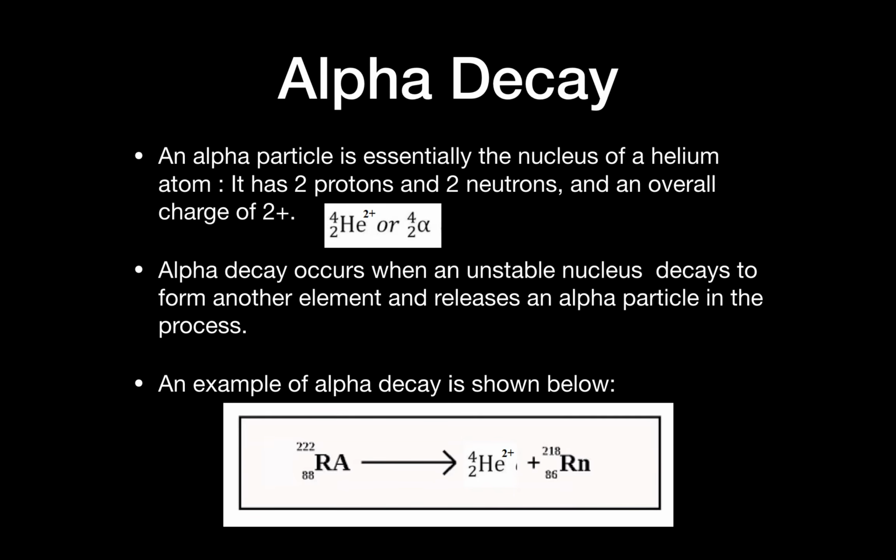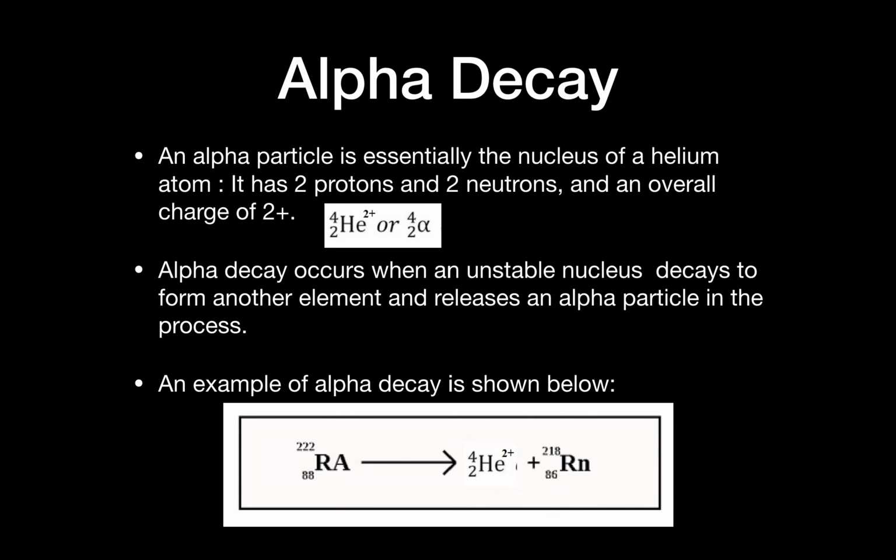Note, quick note that when you use helium as the symbol, you have to put the 2 plus charge. However, when you use the alpha symbol, which is on the right, it is assumed that the particle has a 2 plus charge. And these are both correct ways of representing the alpha particle. It is up to you which one you want to use. So alpha decay occurs when an unstable nucleus decays to form another element, as well as the release of alpha